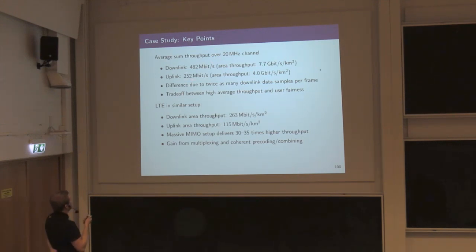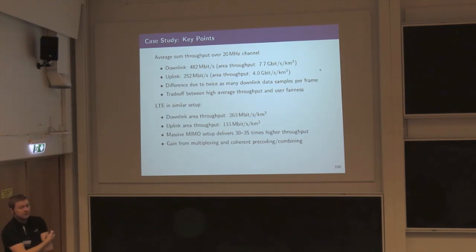The uplink have a 252 megabit per second. And I have another value for the area throughput. The reason for this 2 times difference here is just because I allocated 2/3 of the data symbols for the downlink and 1/3 for the uplink. And one can see clearly that there's a trade-off between high average throughput, which gives you this number, and user